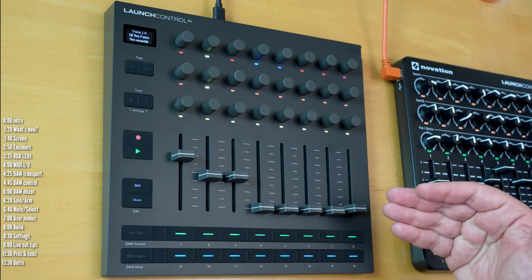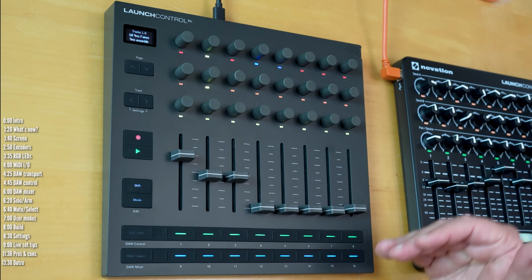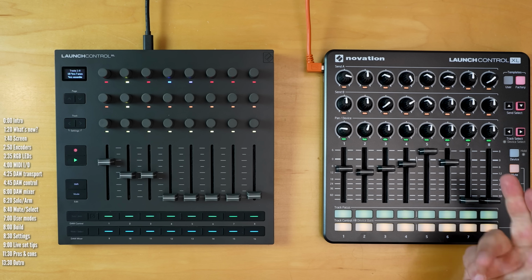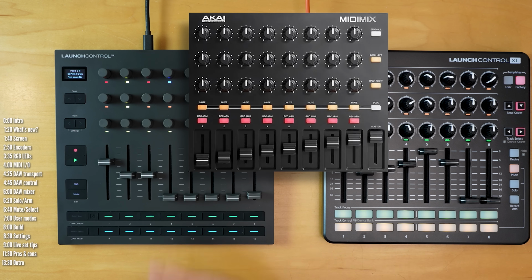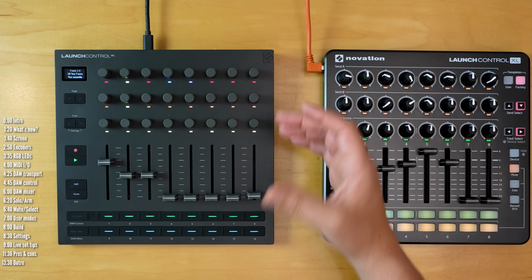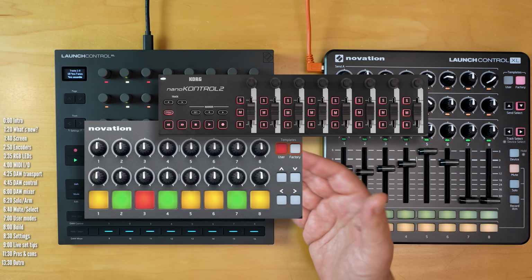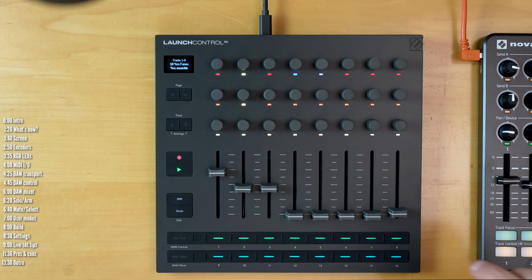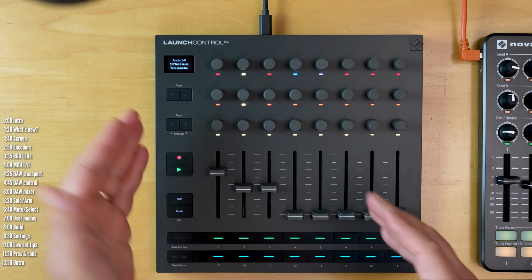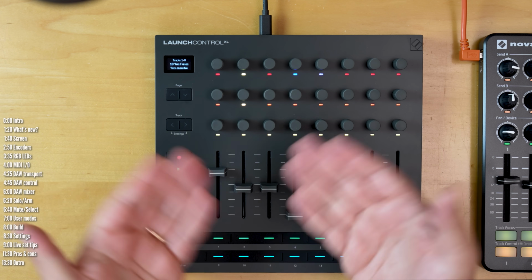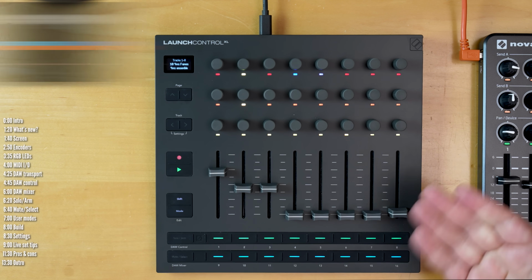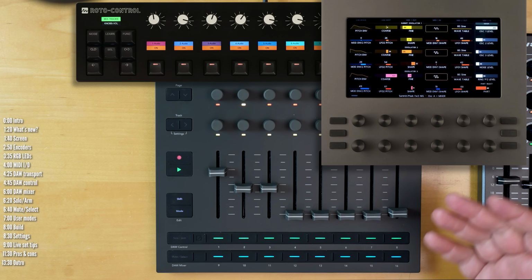and number of controls. Alternatives to consider are lower cost options with fewer features, like a used MK2 or a Akai's MIDI mix, or if these were too big, perhaps controllers with fewer physical controls, like the original Launch Control, Korg's Nano Control, or the LPD8. And then if you're willing to pay more, there are options with more screen real estate, so you can see what more than one knob does at a time, like the Roto Control or Electro 1, though those options have